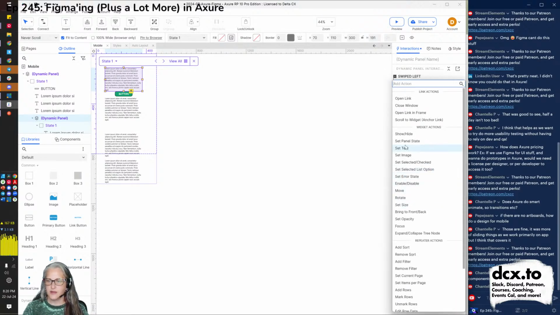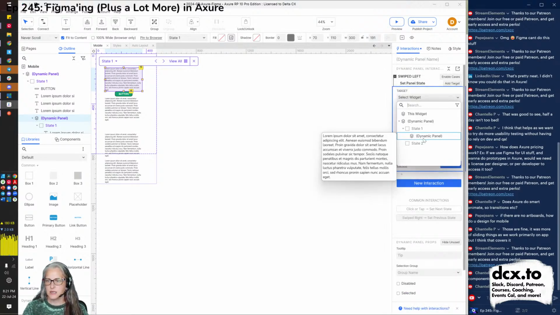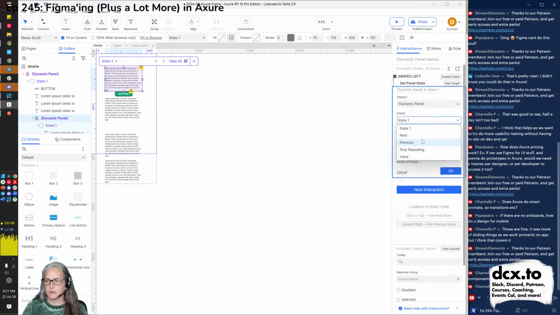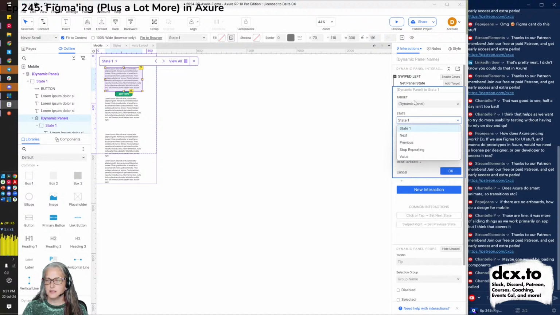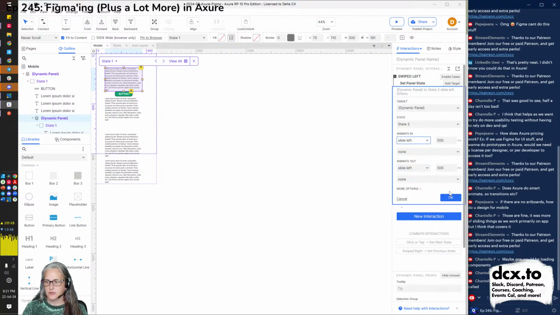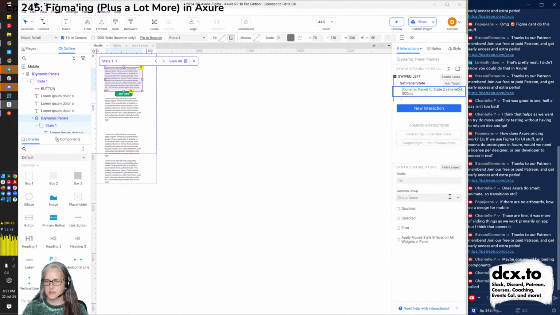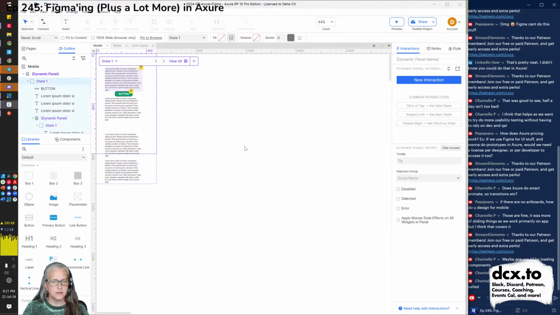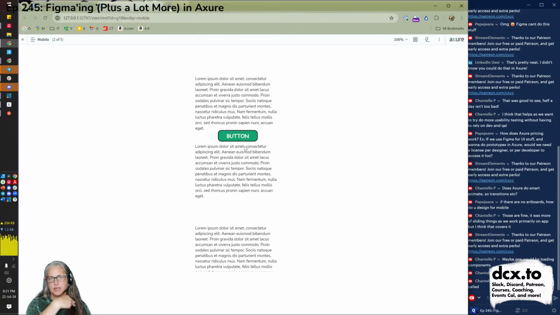In that case, that's a left swipe. On swipe left, set this dynamic panel to state 2 with an animate left. There we go. I'm going to have to replicate a swipe with my mouse, but I've done this a bunch of times.